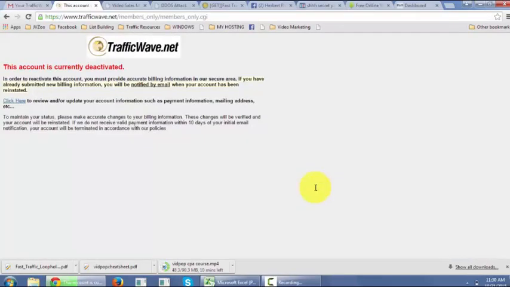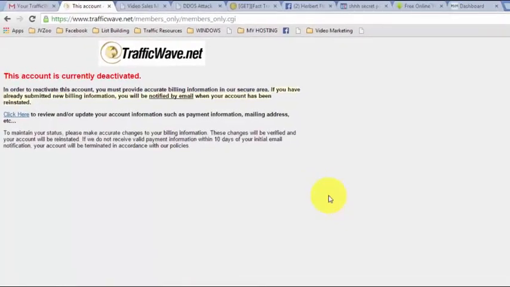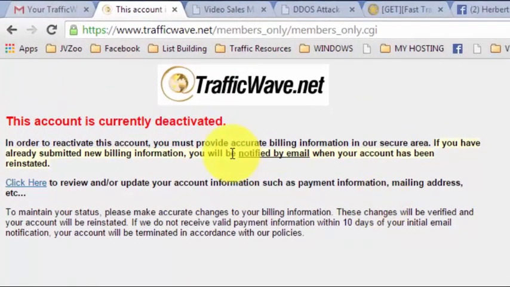Once you log in, you will see a welcome page that your account is currently deactivated. In order to reactivate this account, you must provide accurate billing information in our secure area. If you already submitted new billing information, you will be notified by email when your account has been reinstated. Click here to review and update your account. So just click here